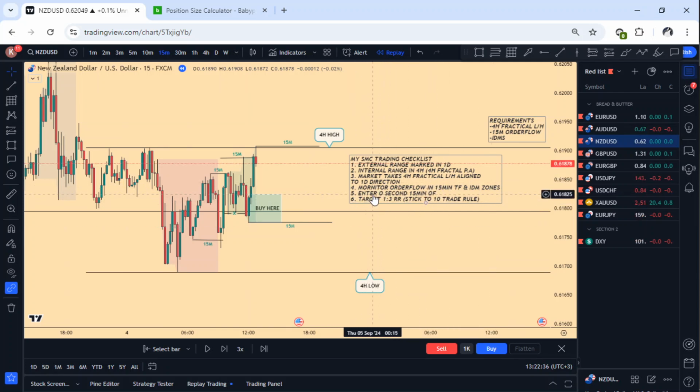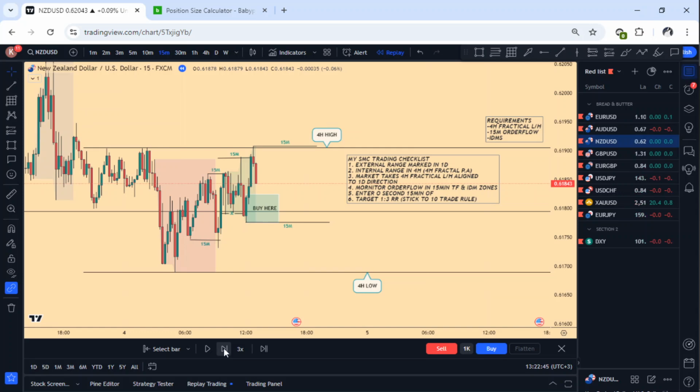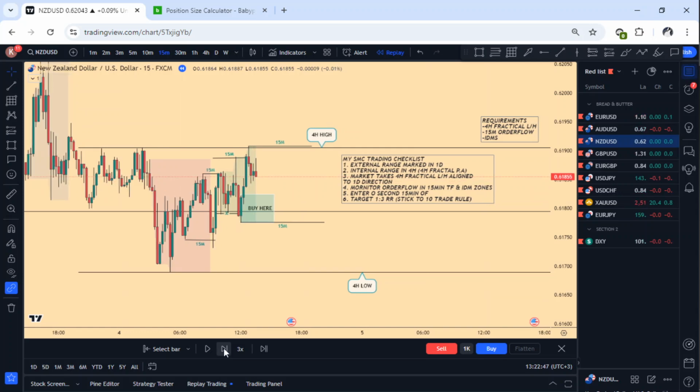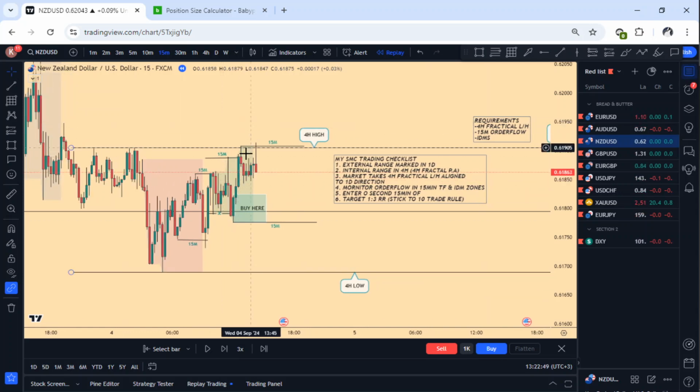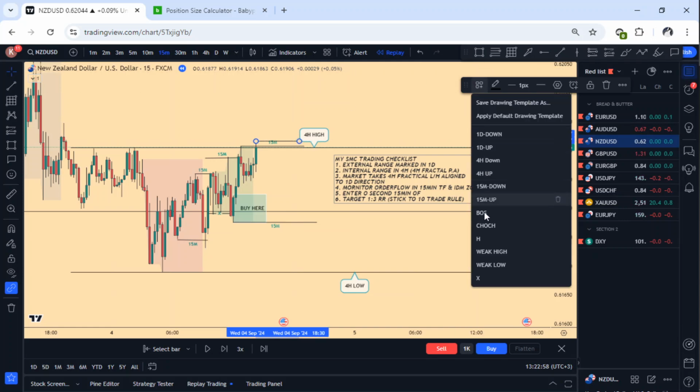Now let me go to entry time frame. So enter on second 15 minutes order flow. After the first one, I wait for the second one. So the market pushes downward, nice, and then it starts to range a little bit. Then we get our second push. So second push confirms that now we are supposed to be looking for entry,